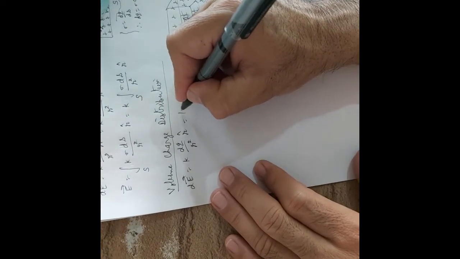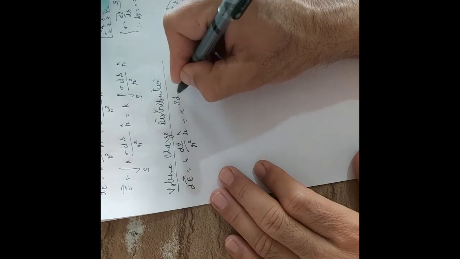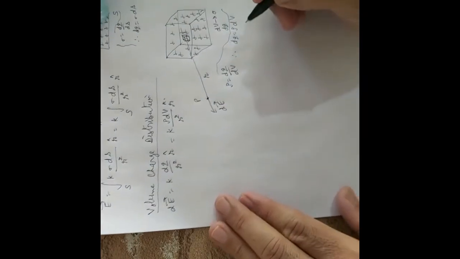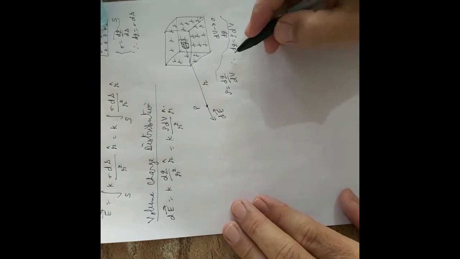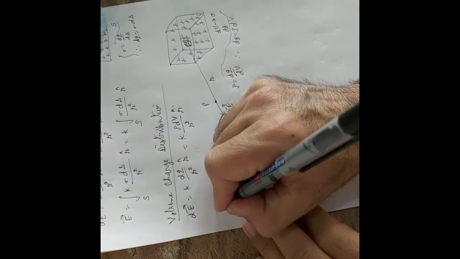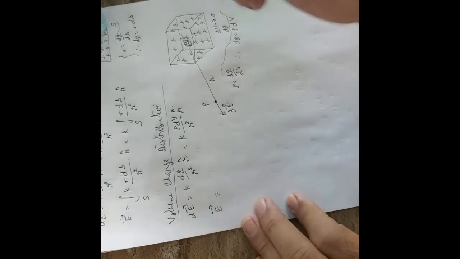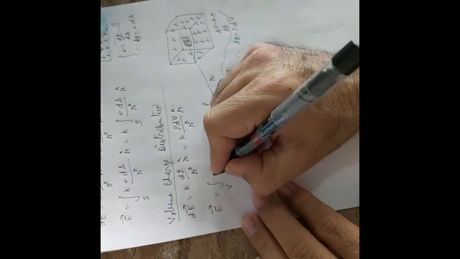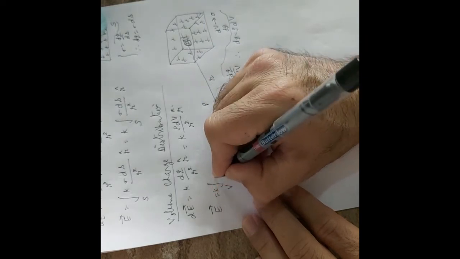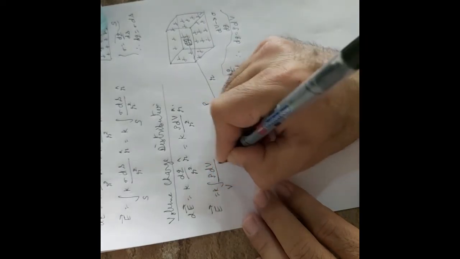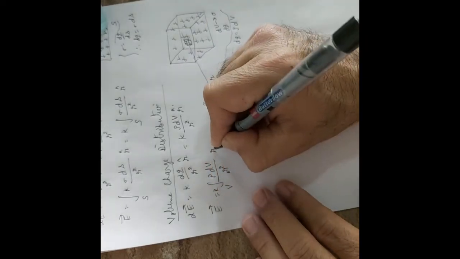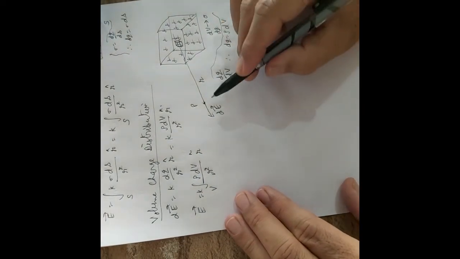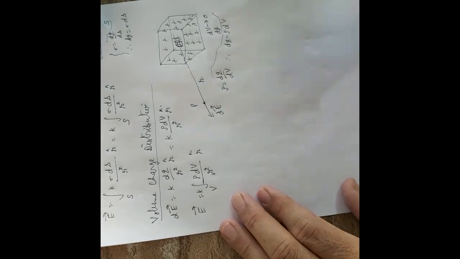Now what will we write? We will write rho dV in place of dq. Now the total electric field at point P can be found by integrating this equation. Let's integrate this equation over this volume V. It is k rho dV by r square multiplied by the r cap. So this is the electric field at a point P due to the volume.